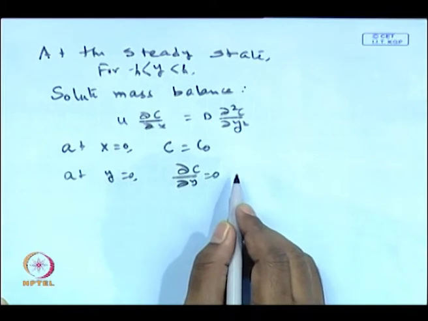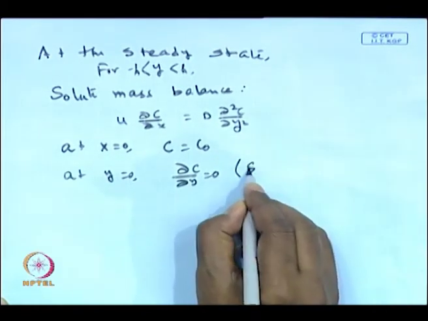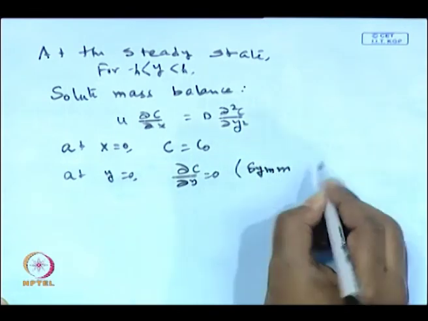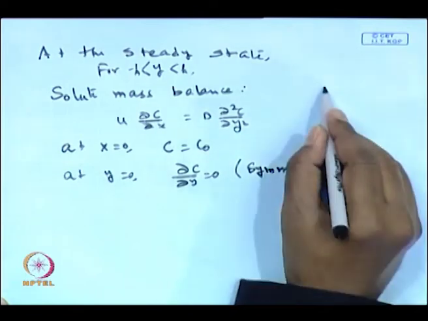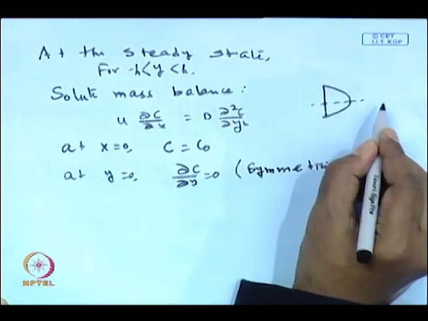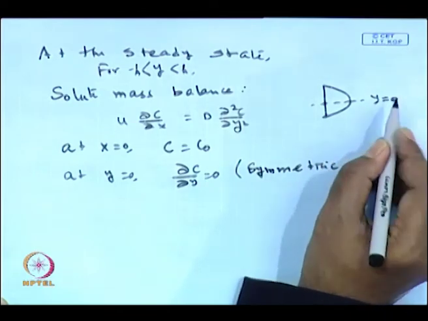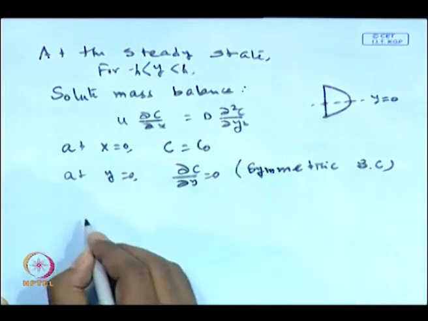That means the concentration profile is undergoing a maxima at the central line. This is also known as the symmetric boundary condition. Okay. So, you have the concentration profile something like this. So, the maxima will be at the middle of the channel, and since it is maxima, del C del y will be equal to 0,